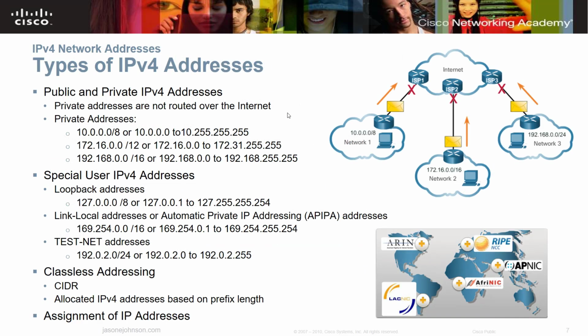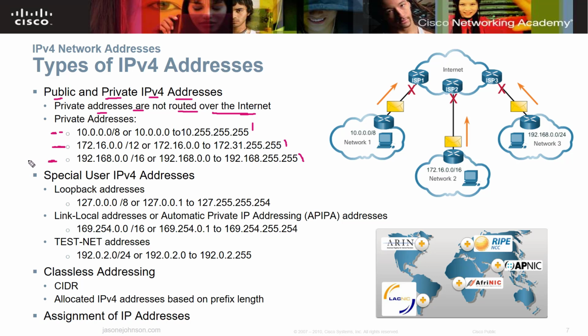Okay, so we have different types of IPv4 addresses. We used to call them classes, but we pretty much just say that we have classless addressing now. What happens is we have public and private IPv4 addresses. Private addresses are not routed on the internet. So if you have anything in this range here, 10.0.0.0 to 10.255.255.255, it's not going to get out onto the internet. It just won't work because routers will not pass those numbers through. Those are considered private addressing.